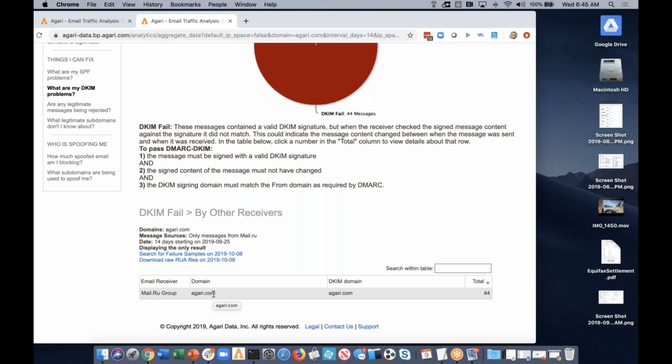For example, when I graduated from my university a few years later, they sent me a letter in the mail, and they said, hey, we're pleased to offer a very new service for all of our alums. We are giving you an email address that you can use for the rest of your life. All you need to do is tell us where you want us to send that mail. Now, if somebody were to send a message to that address, what you're going to see in your DMARC report is an IP address belonging to my university. And so even though the actual message ultimately arrived in my Gmail mailbox, there is going to be an entry